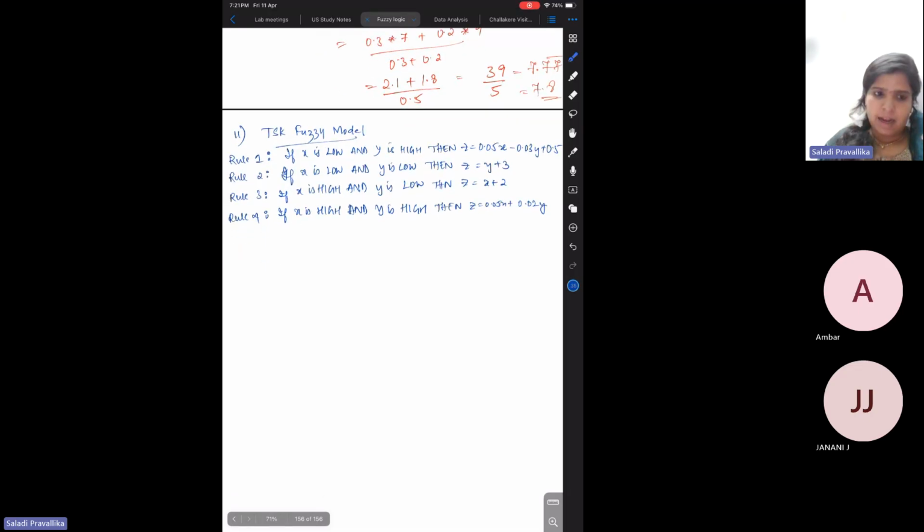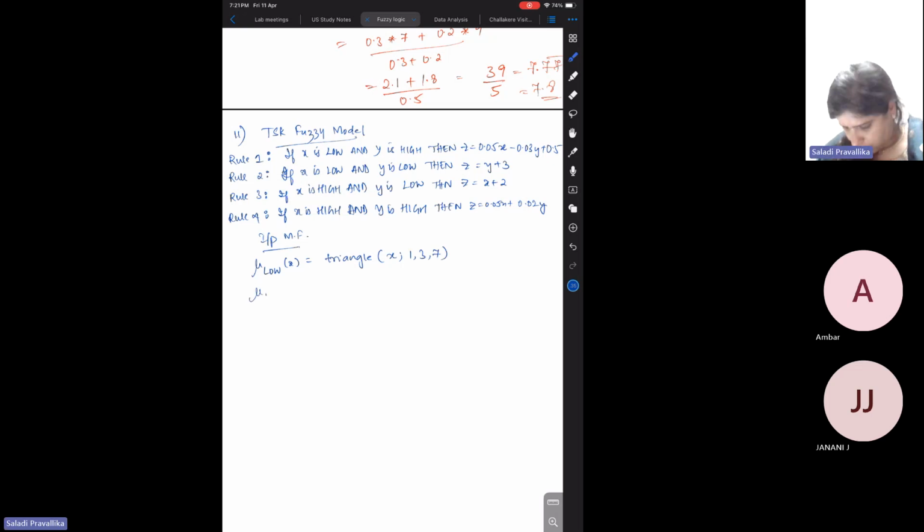Okay. And the input membership functions. Mu of low of x is equal to triangle x 1, 3, 7. Mu of high of x is triangle x of 2, 4, 8. Mu of low